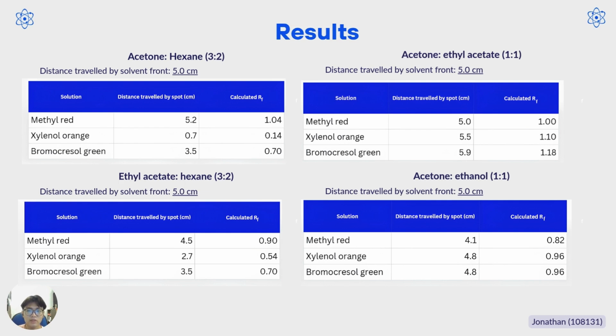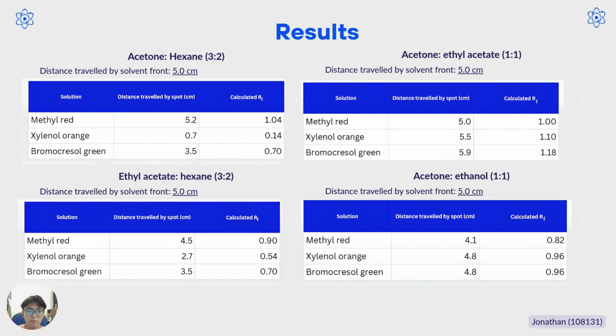But then when we switch to acetone and ethyl acetate in a ratio of 1 to 1, the spots migrated near the top of the plate, resulting in calculated RF values all above 1.0. For ethyl acetate and hexane, with the ratio of 3 to 2, we could achieve a more sequential distribution with RF values ranging from